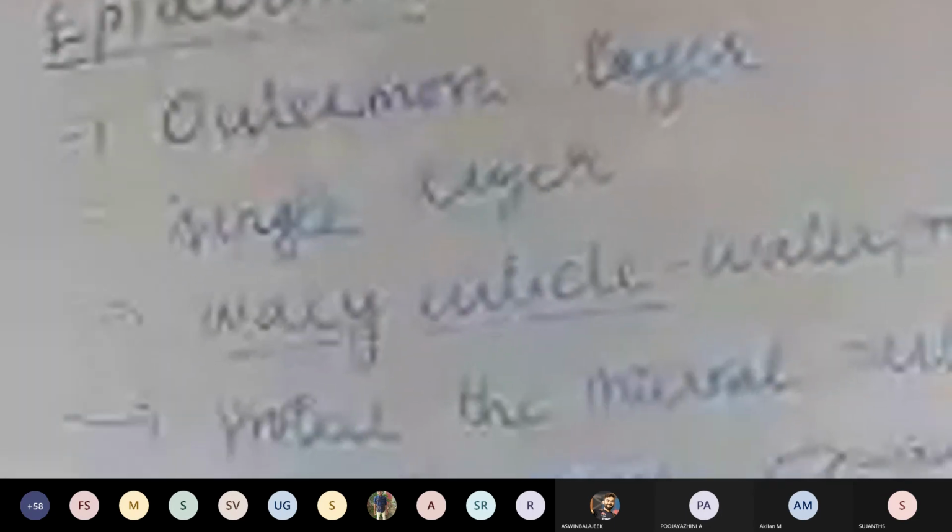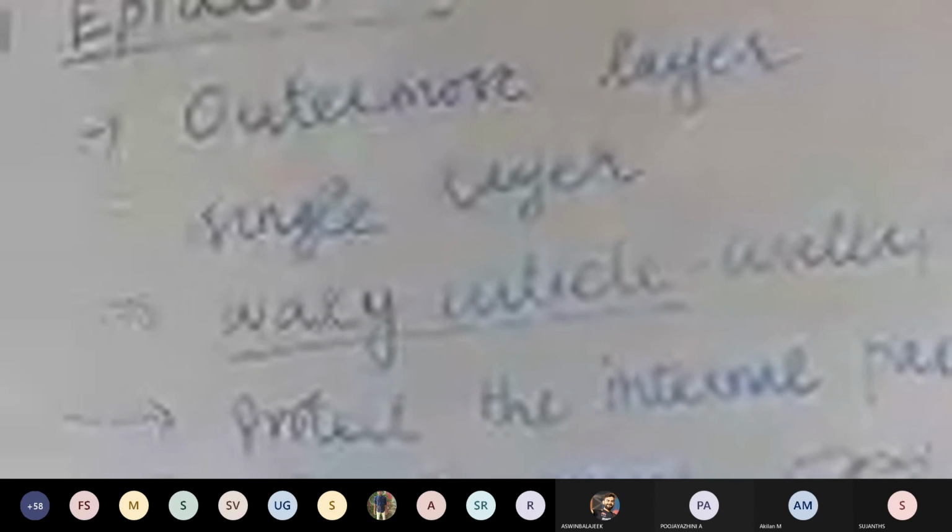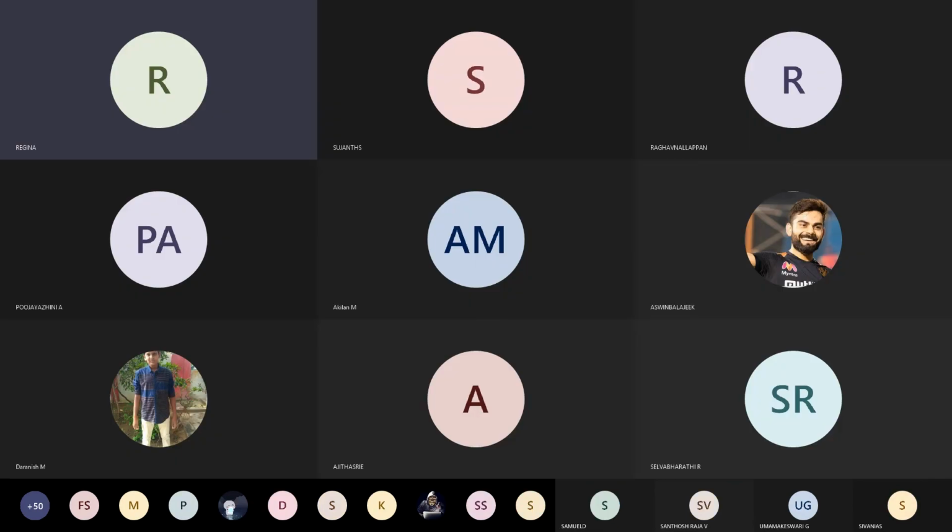So totally we have completed the simple permanent tissue and protective tissue. Then we are going to see the